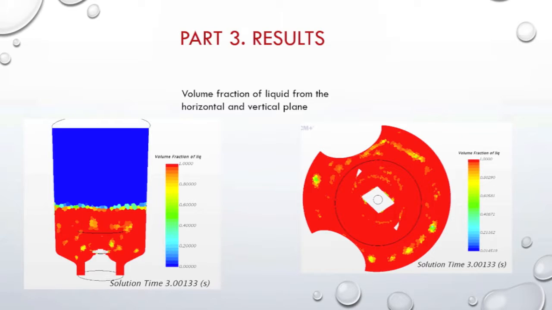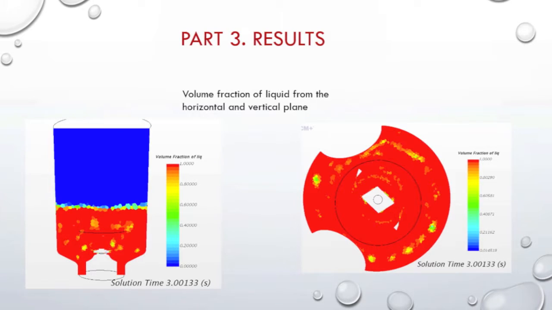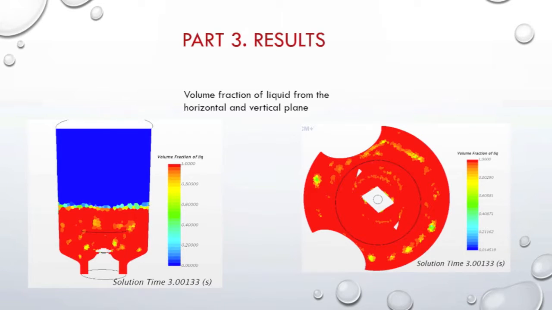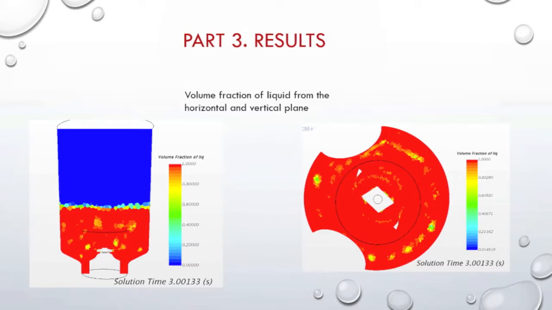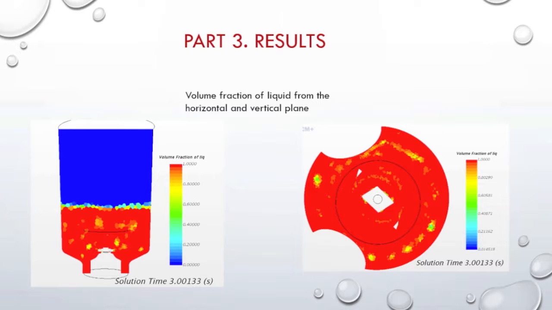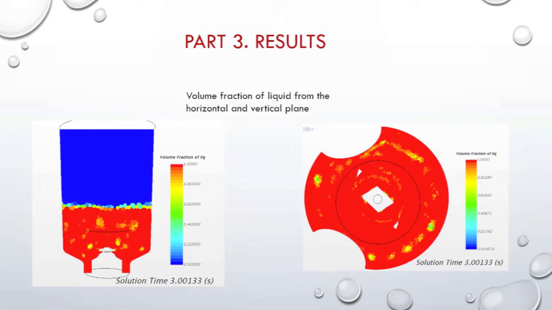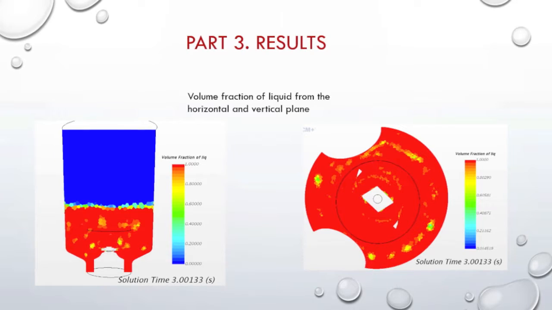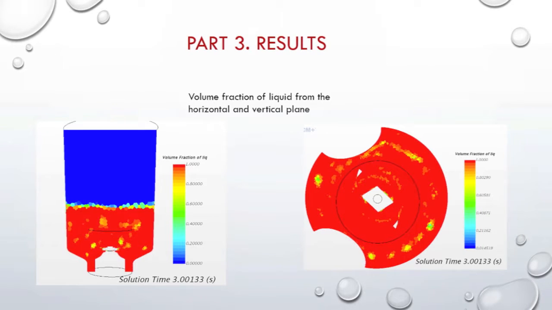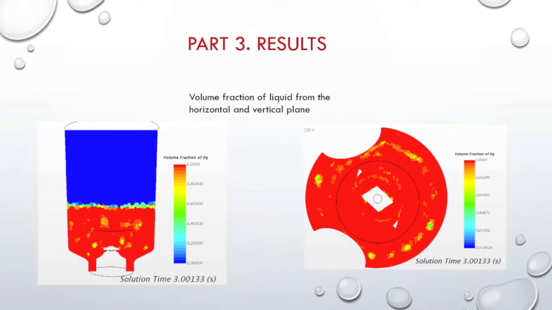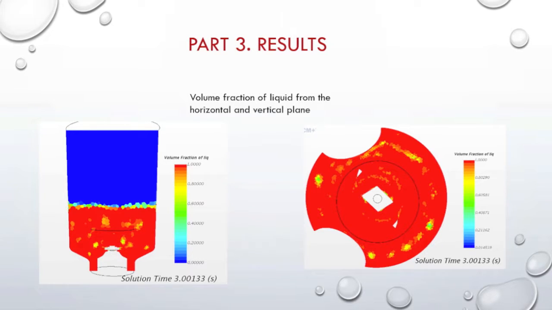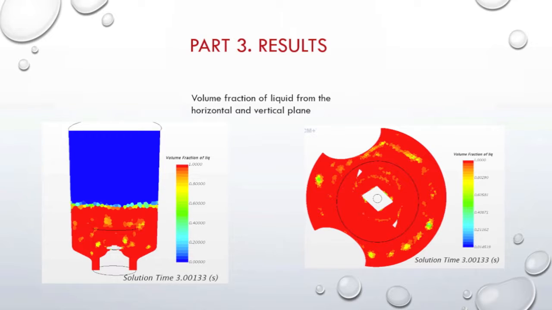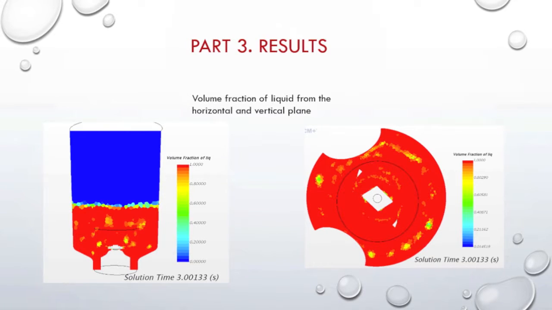Regarding the two graphics of volume fraction for liquid, we can see the orange parts, which represent gas bubbles between the liquid phase. Also, the gas-liquid interface is evident, which is a mix of green, yellow, and blue colors. These results can be explained by the big blades that the blender has. It is supposed that blades oversee decreasing the vortex,